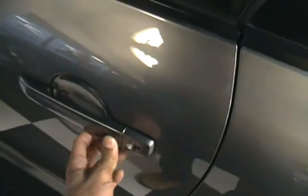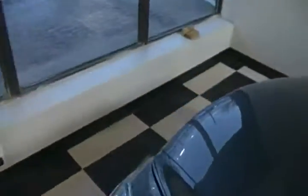As we take a walk around, just press this button right here. As you can see here, right here, door pillar. Now, going onto the hood of this car, this being the G37,